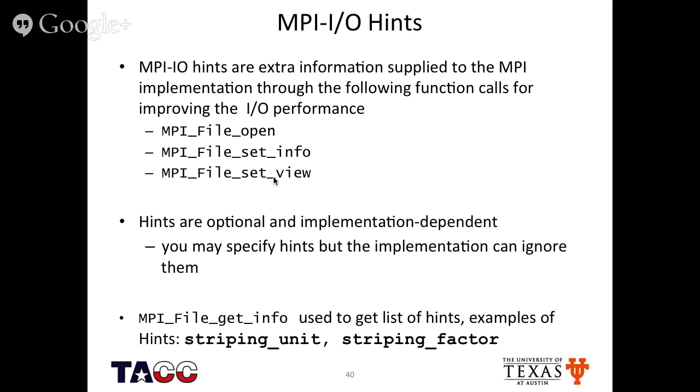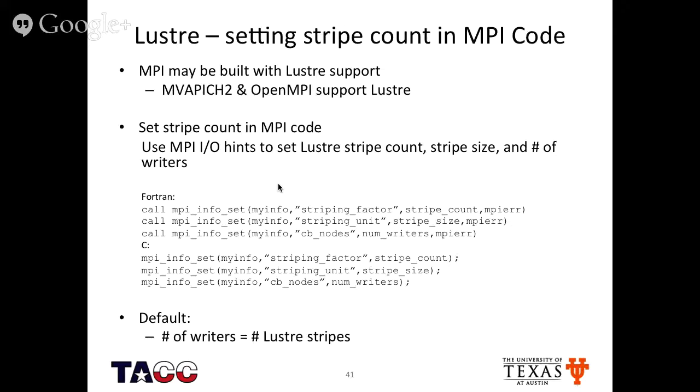So MPI file get info is the one, Frank, that I was going to tell you about. That's the call that you would use to set Lustre information. So you can set things like striping unit and striping factor with this, and this slide shows you an example for that. So setting stripe count in MPI code can be done using MPI info set, and it takes 3